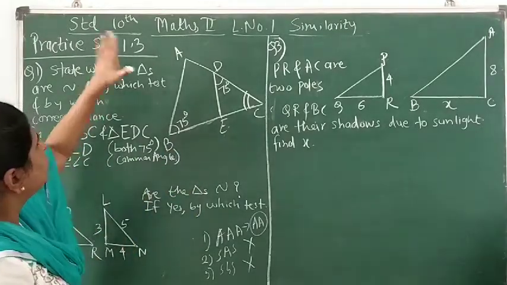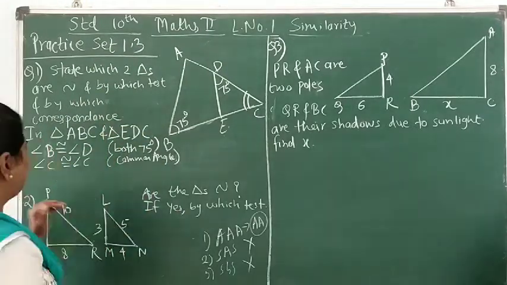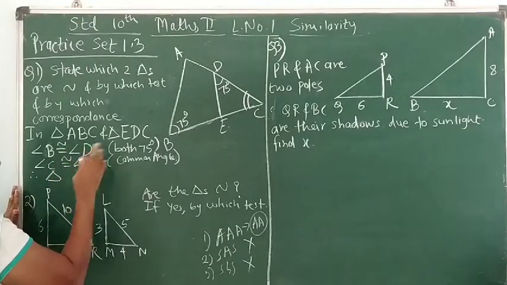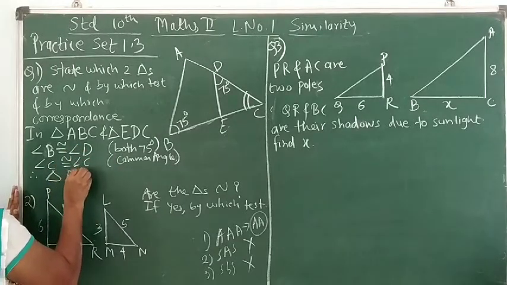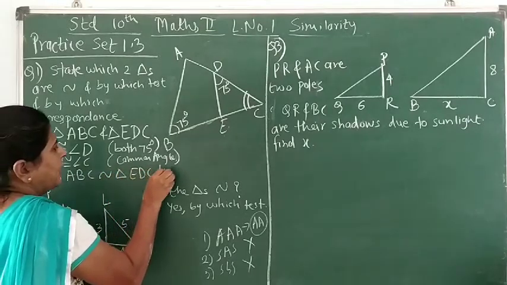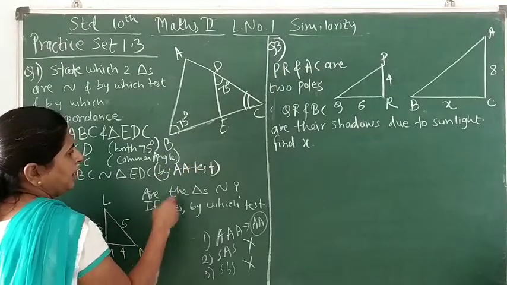So, if you write it like this, that can be the answer for the proof that these 2 triangles have a common angle. And therefore, by proving these 2 angle pairs congruent, triangle ABC is similar to triangle EDC by the AA test. Okay, which test? By the AA test.